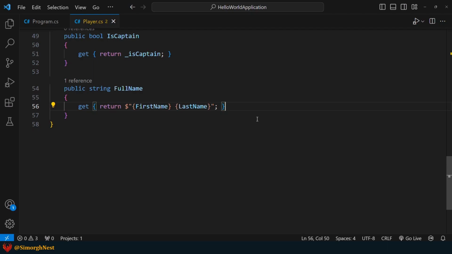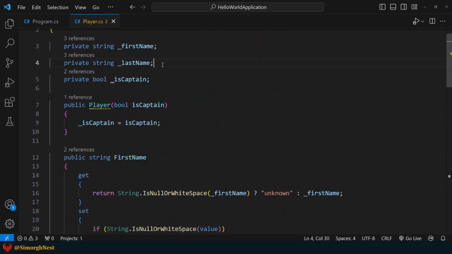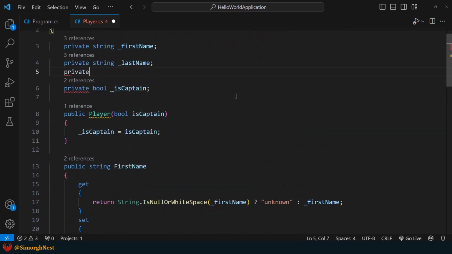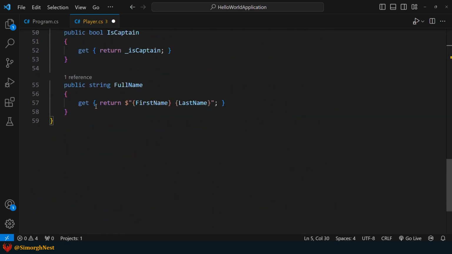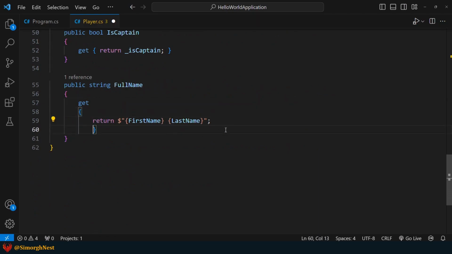To optimize this, we can introduce a backing field associated with the computed property and store the calculated value in it. In the get accessor, we'll check if the full name field is null.